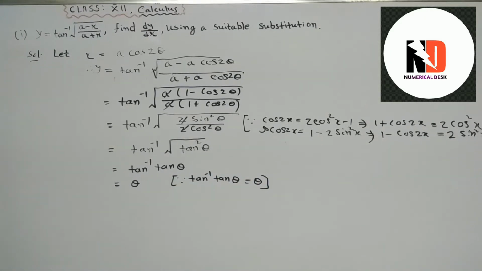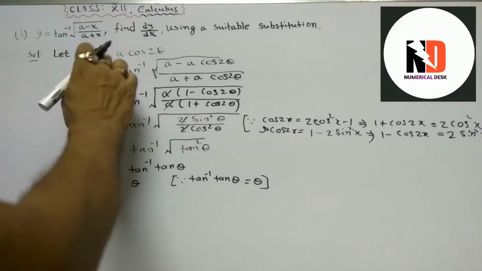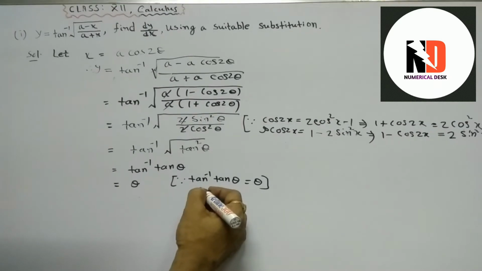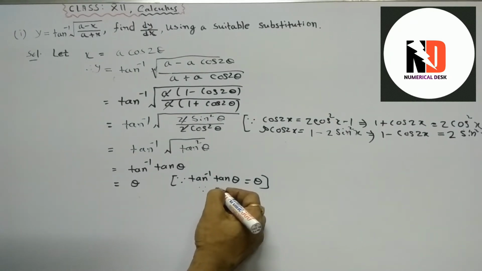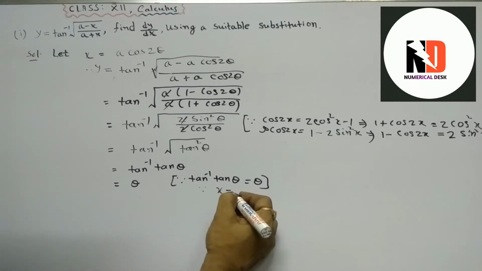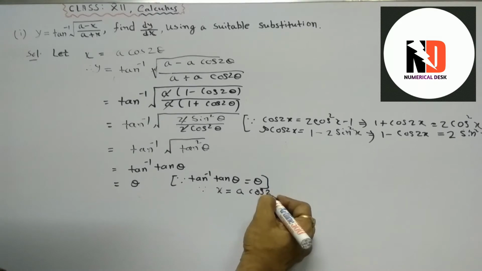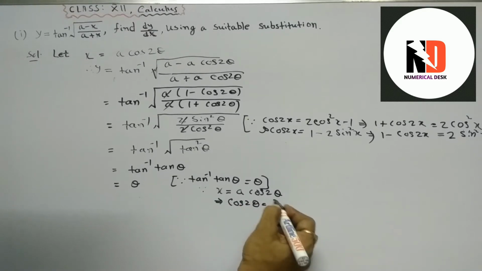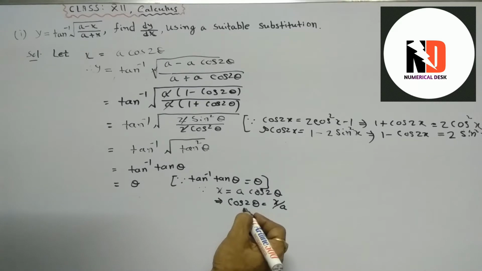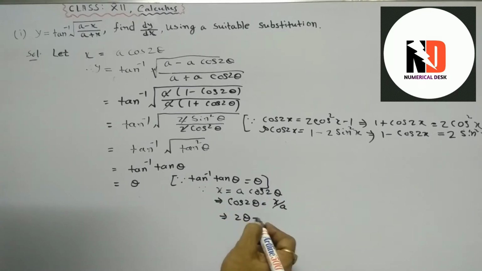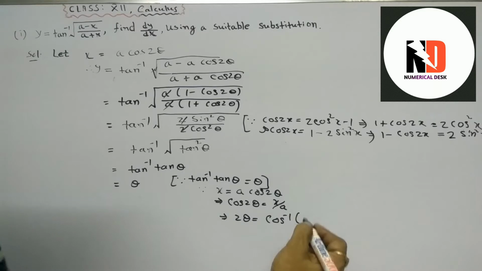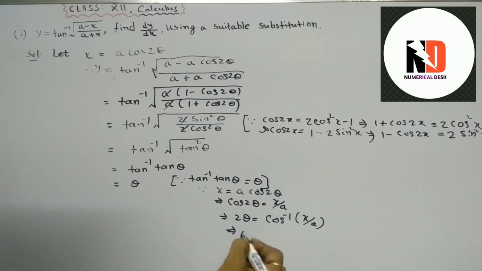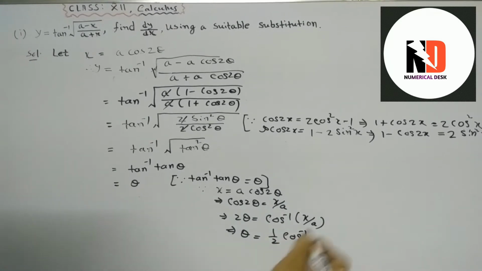Chain rule is very essential and very important. See the other videos, previous videos from video number 6 to 12. I will also upload other videos and many others on differentiation from video 6. Anyway, now let us see. So tan inverse tan theta equals theta, and now x is equal to a cos 2 theta, and therefore 2 theta equals cos inverse x by a. Therefore theta equals,